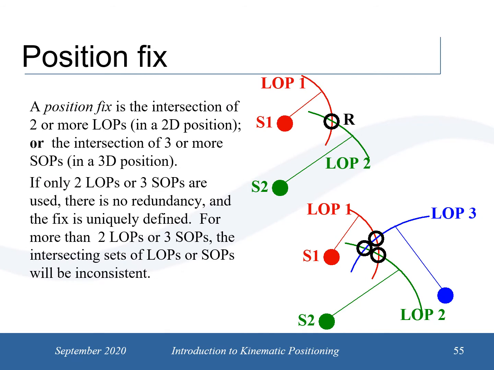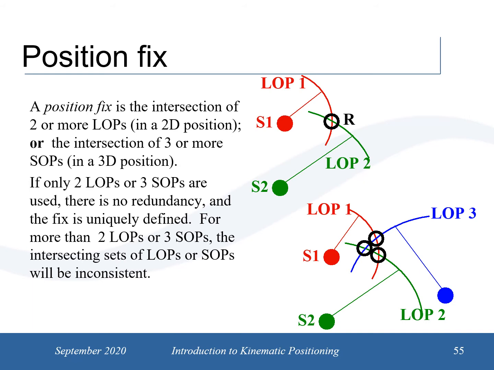Now here we have the concept of position fix. There is always uncertainty. There is always uncertainty in any measure. But when we have a fix that is derived from the crossing of two lines of position,